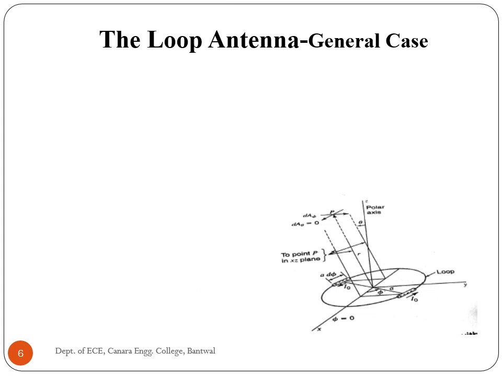The loop antenna general case. Consider a loop of radius A located with its center at the origin of the coordinates as in the figure. Although this condition is readily obtained when the loop is small, it is not a natural condition for large loops energized at a point. Assuming that the current is uniform and in phase, the far field expressions will be derived with the aid of the vector potential of the electric current.